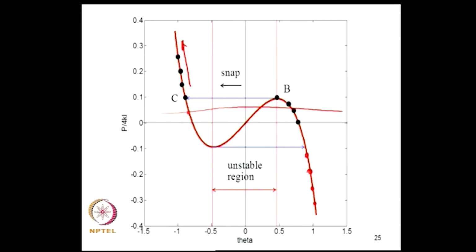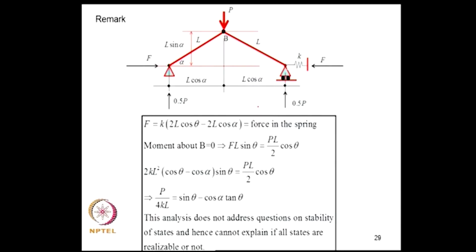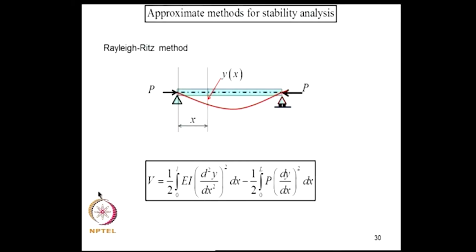There are 3 possible solutions. So, which solution will be realized? You see, that question has to be answered. That depends on how you approached that point, and this intermediate point cannot be realized at all. Okay. So, these details will not be delineated if I do simply an equilibrium analysis. So, you need to perform a stability analysis as well. Now,